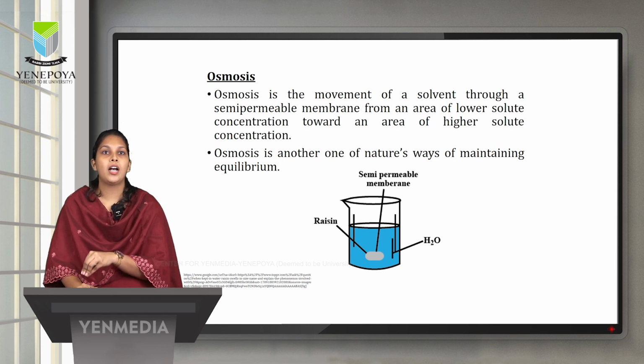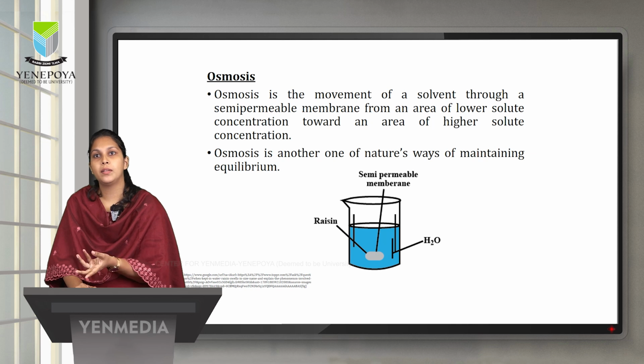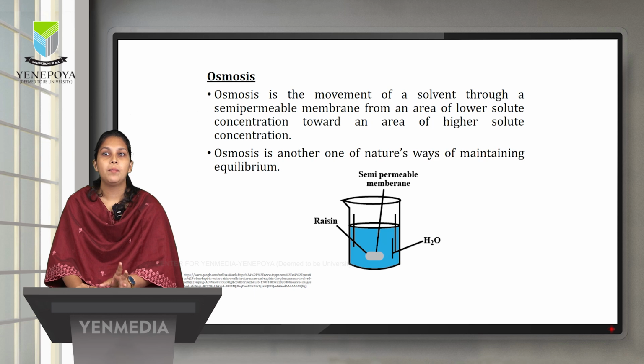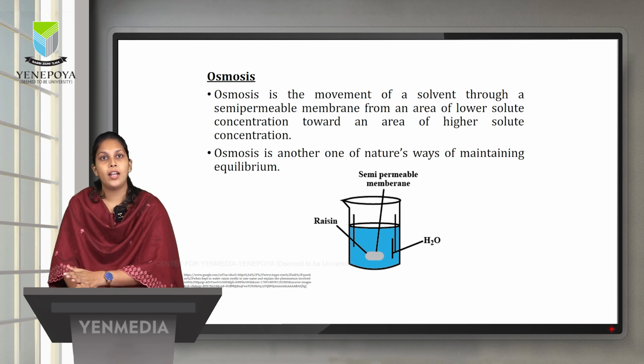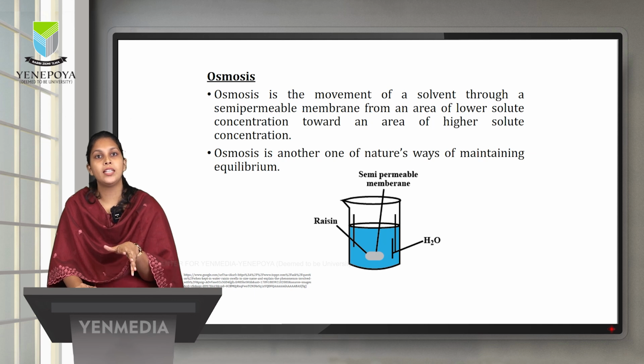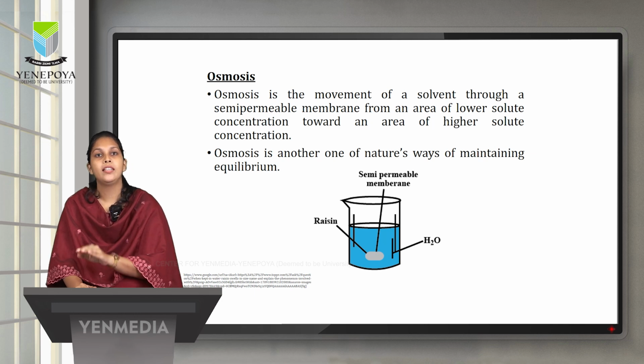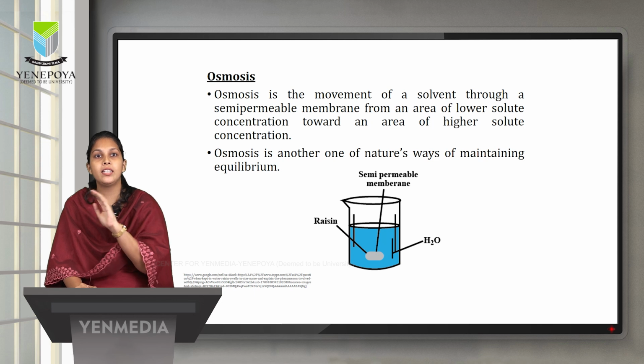That is how we are creating osmotic pressure, which means we change the solute concentration on the two sides of the membrane. For example, think about a jar. If we dissolve sugar on one side of the jar and the other side has plain water, after some days we can see that the level on the sugar water side has increased compared